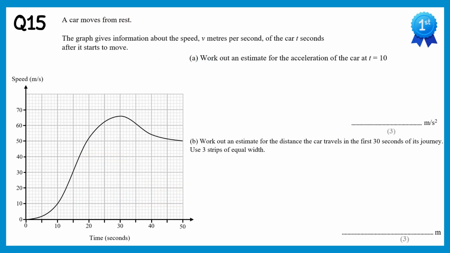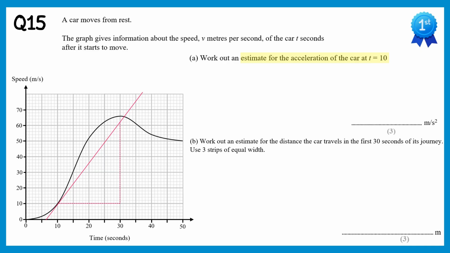For the first part of this question, we need to work out an estimate for the acceleration of the car when t equals 10. When you have a speed-time graph, the acceleration is the gradient of the graph. Since this graph is not a straight line, it's curved, we're going to need to draw a tangent to find its gradient. So we'll go to the point where time equals 10 and draw a tangent there. Then we just need to work out the gradient of this tangent, so I'm going to draw a gradient triangle, something like this,